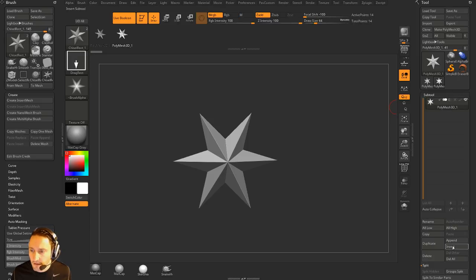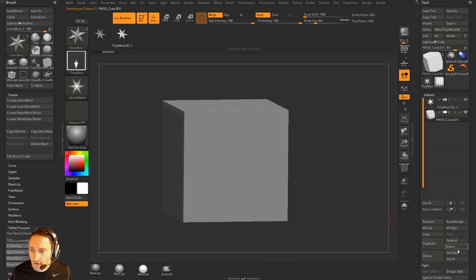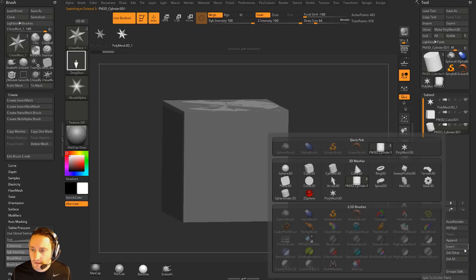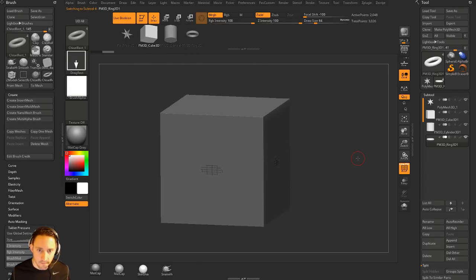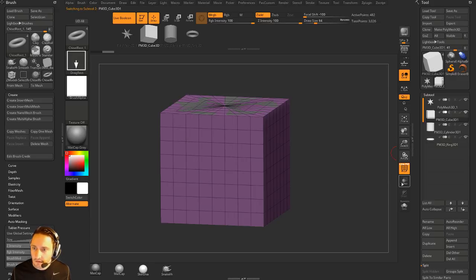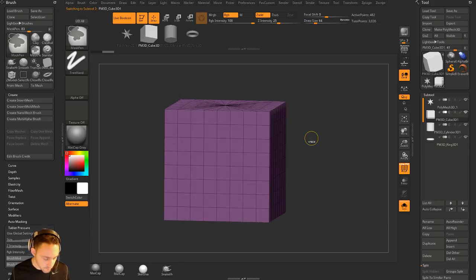So in the Subtool menu, if I go to insert a cube, insert a cylinder, insert a ring, so I've got all these subtools here. If I go to Create Multi-Alpha Brush, that's going to take all of my subtools here and create an alpha brush from them. So if I do, again, this,